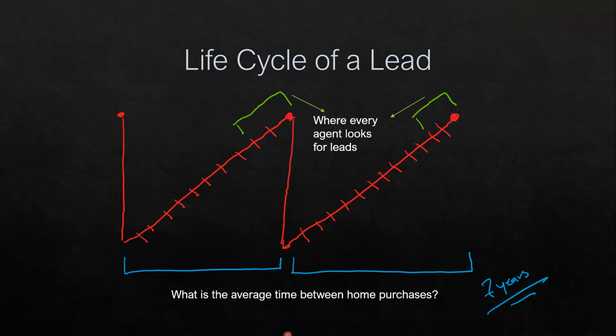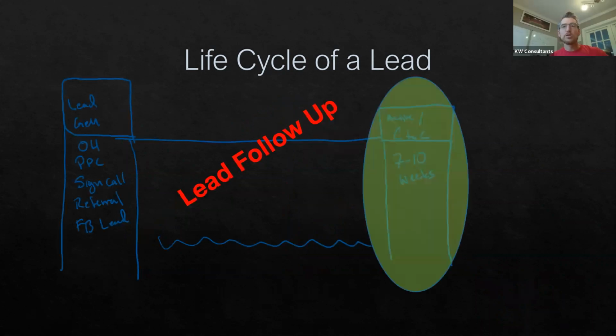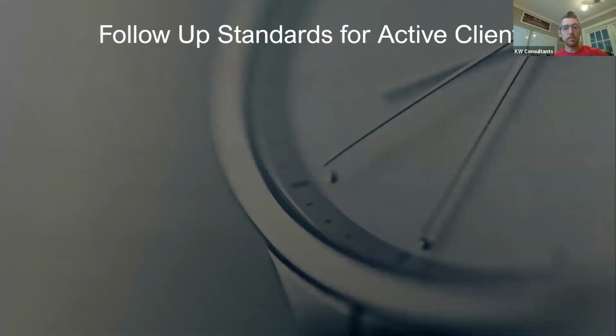And so I'm encouraging you guys to continue to change your mindset. Really, what a lot of agents are focused on are those active clients, those people that are going to be buying or selling a home in the next 7 to 10 weeks. And again, obviously when you get one of those, you follow up differently than you do when you get somebody who's further out. My whole point of this class is to talk about how we make sure that we're not only doing what we need to do to convert those now leads, but also what we need to do to convert those leads that are further out.